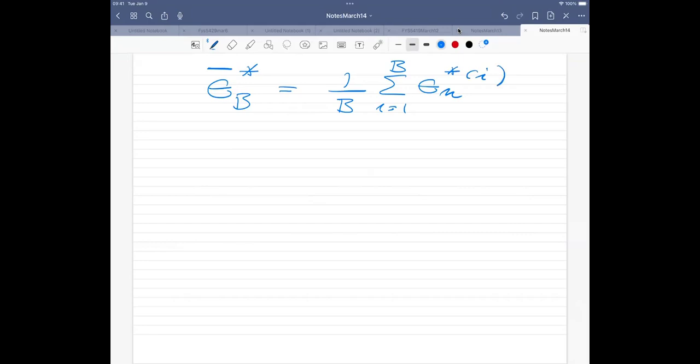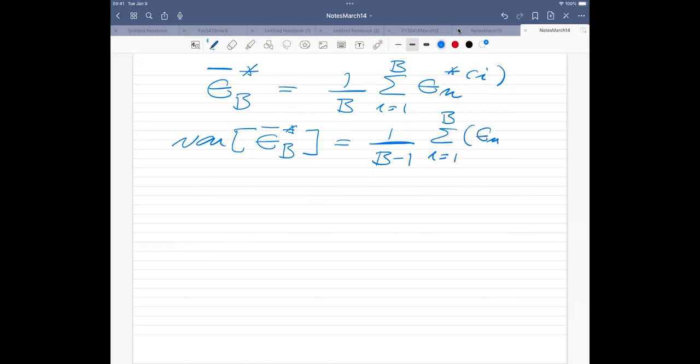And then the variance of this quantity would simply be the variance of the average value here. This is our estimator for the, and then we would have a B. And often there is a bias, so you would find a -1 here. But if B is large, we can skip that. And we have i equal 1 up to B. And then I have my theta_n of i minus my mean value of B here, and that is squared.